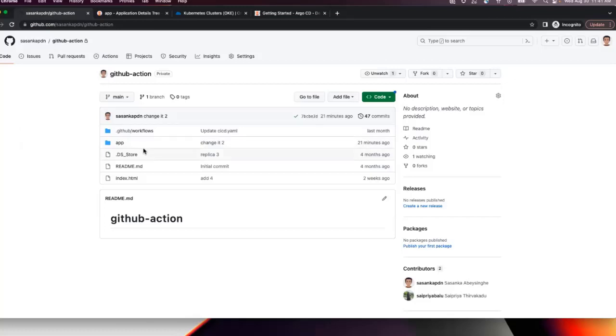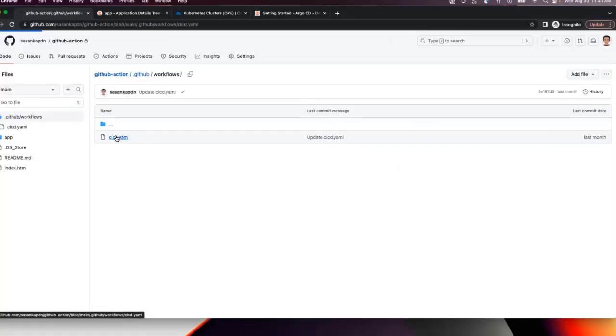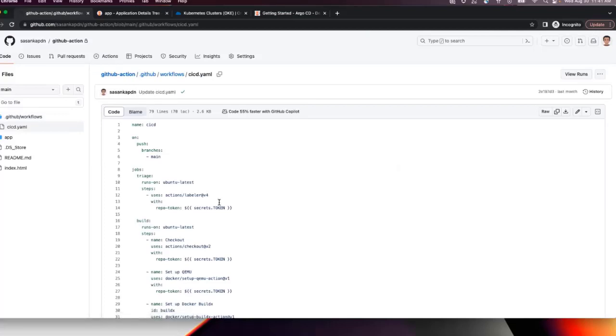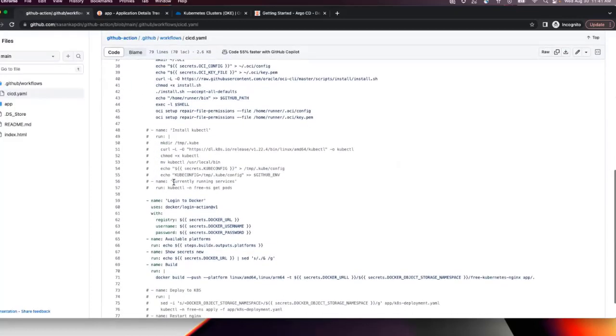Here I used it to push to the OCIR. That's the main thing I added here. I can share this with the GitHub repo link, showing how it's going to work. Basically I added a command for the Docker login and the secrets.